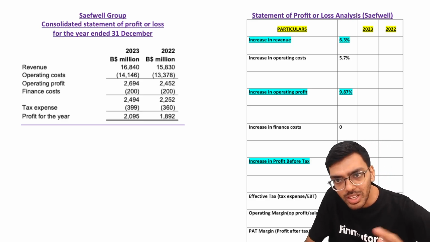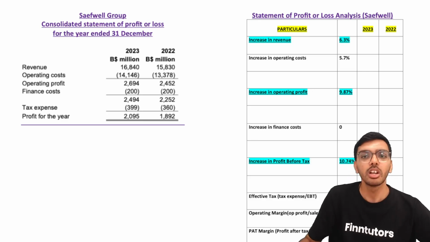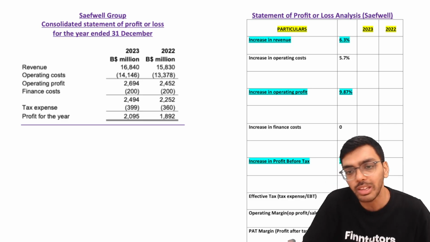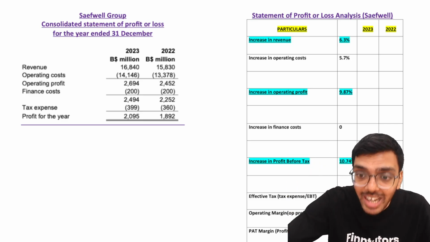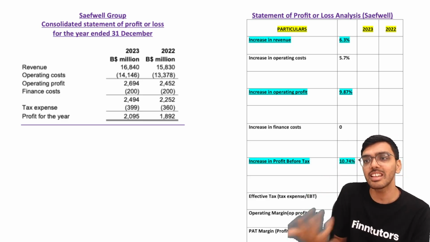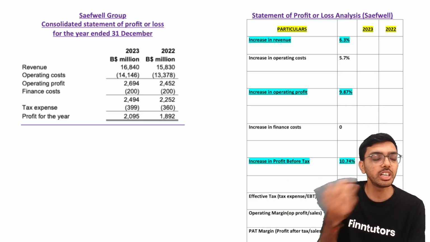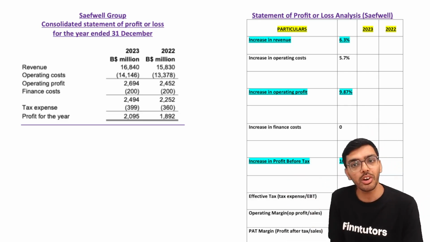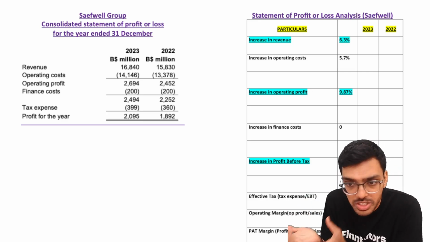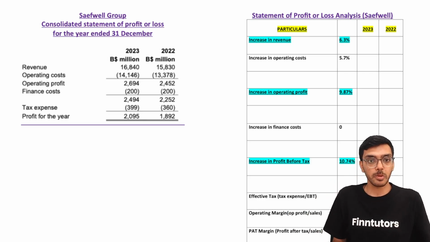I'm not asking you to remember all of these numbers. No. The ones that I've highlighted, like revenue, like profit before tax, operating profit, try to keep one or two of them in your mind, and use it when the time comes. It will add great business acumen to your writing. And this is free areas that I'm giving you to gain opportunity in terms of marks. Why would we not include it? It's free opportunity, or opportunistic marks, which you have at your hands, which I'm explaining to you as well.